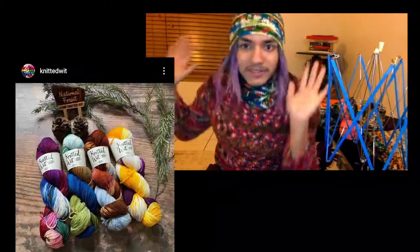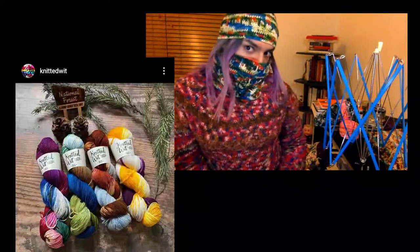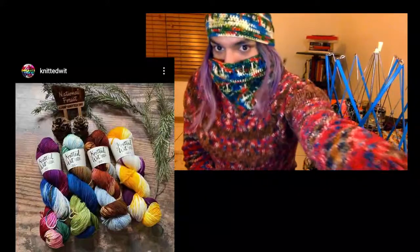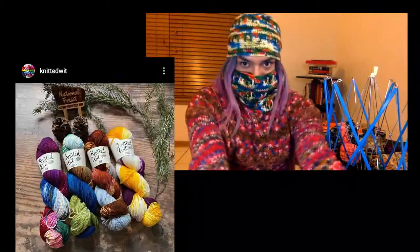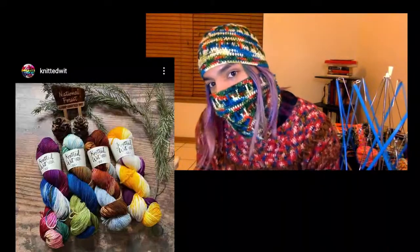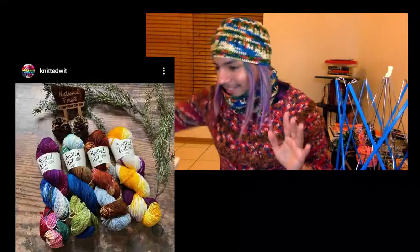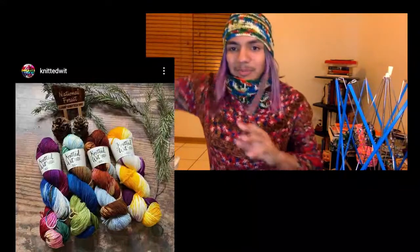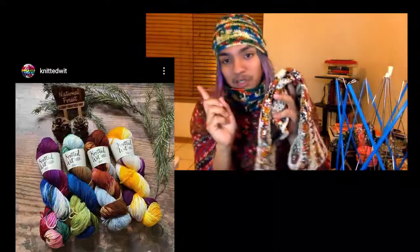And this is all knitted wit. Check that out. What do you guys think? What else? Another one hank project is this one that I made, and this one was mixed with Lion Brand